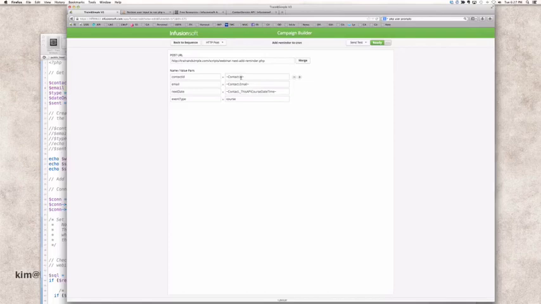This time I'm putting in contact ID, contact email, but I'm also putting in a value that I just wrote in there from a custom field called this API course date time. And I'm giving that a name of next date and event type course, so that when I pass those to the script,